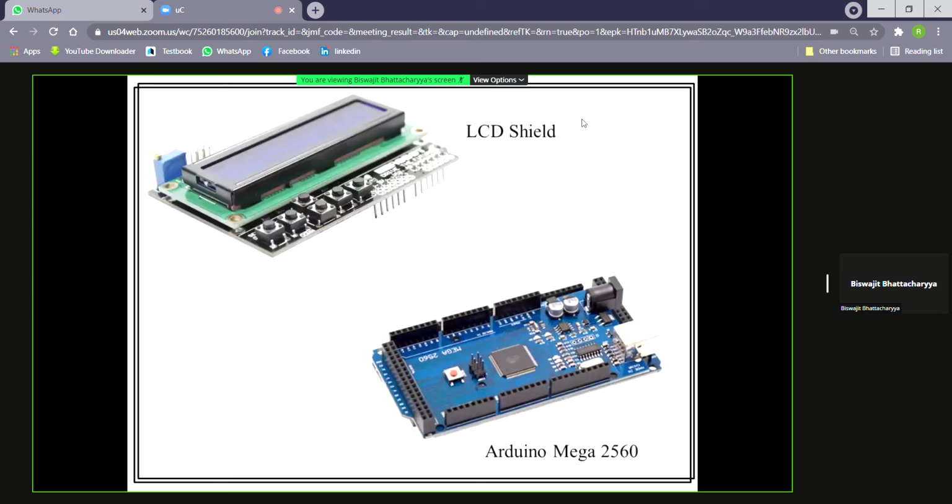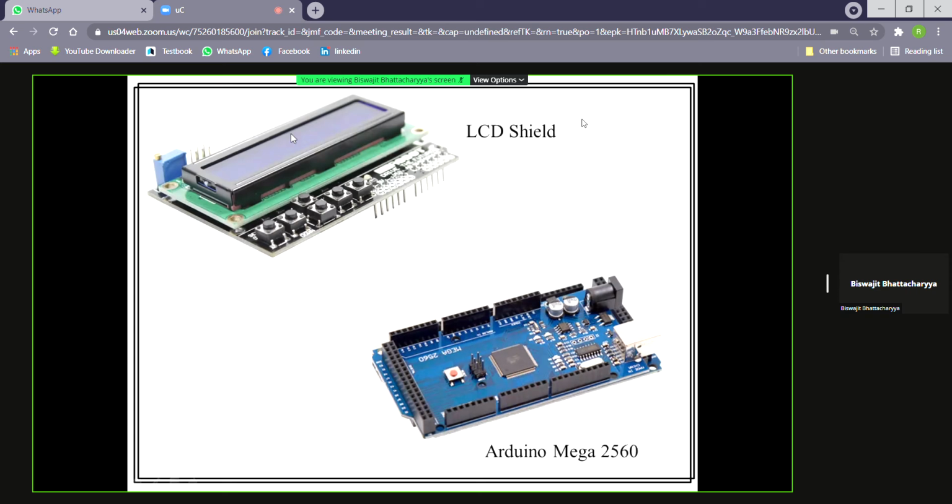Now, see, this is our LCD shield. We can buy this shield from our Chandni Chowk market or from Amazon also. And this is our Arduino Mega. So we have to insert our LCD shield.